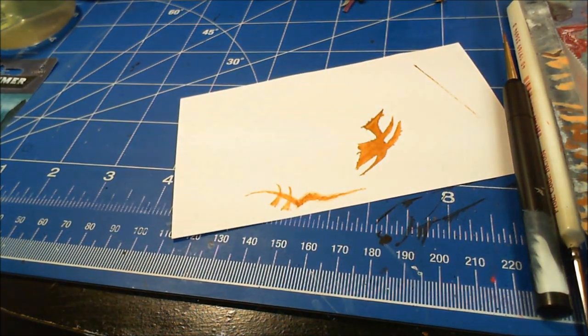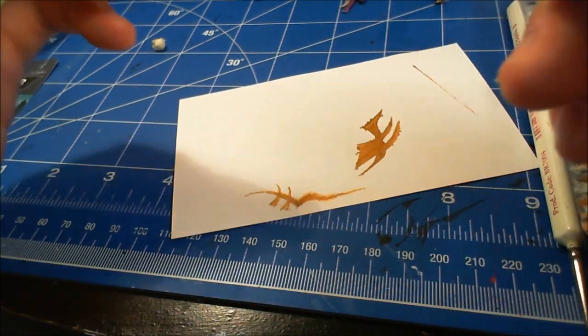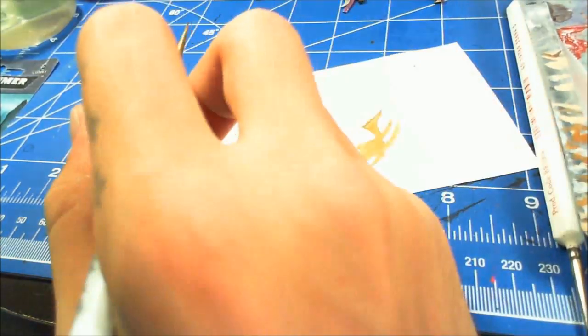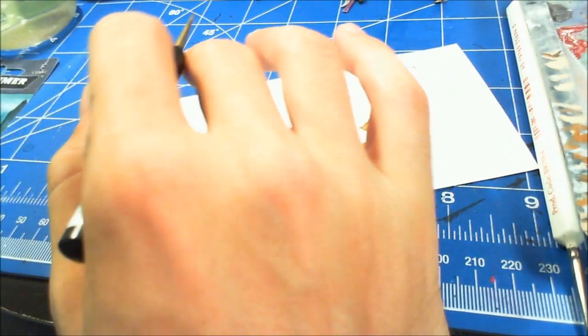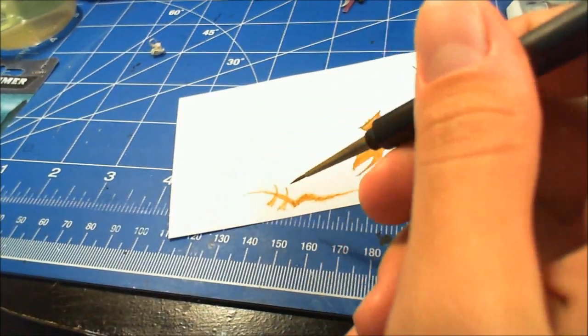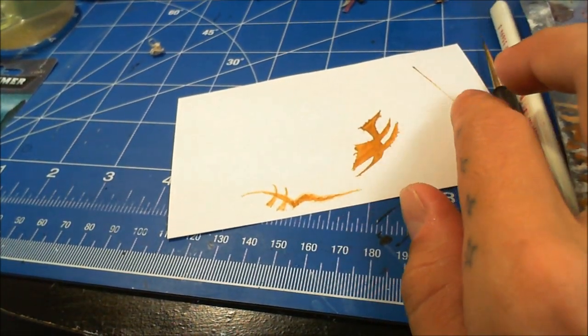And then of course, make sure that you're on a steady surface and in a comfortable spot. If you're all hunched over and trying to do detail work, eventually you're going to start getting cramped up, and that's when you start messing up, when you're not comfortable. So make sure that you're in a comfortable chair and a comfortable sitting position, whatever that may be for you, and that you have some comforts in mind, because it does make a